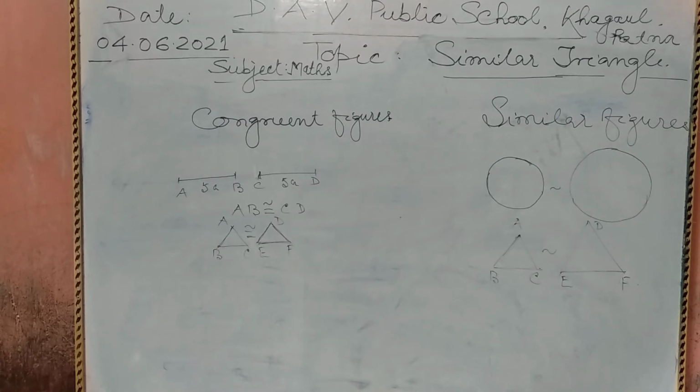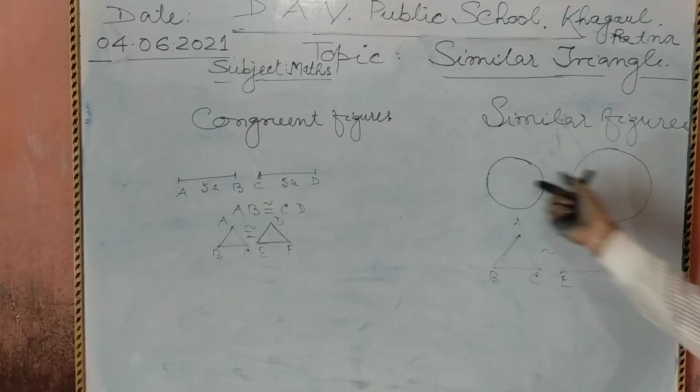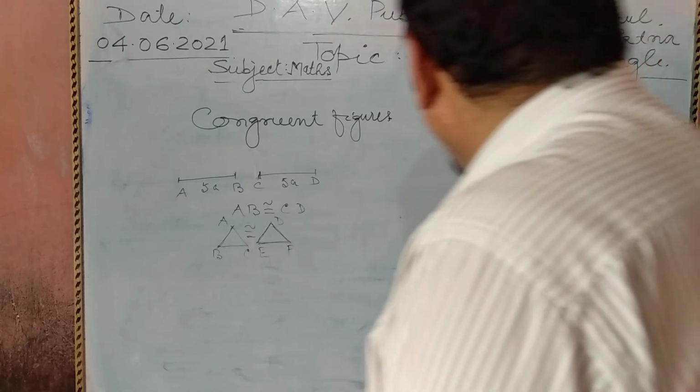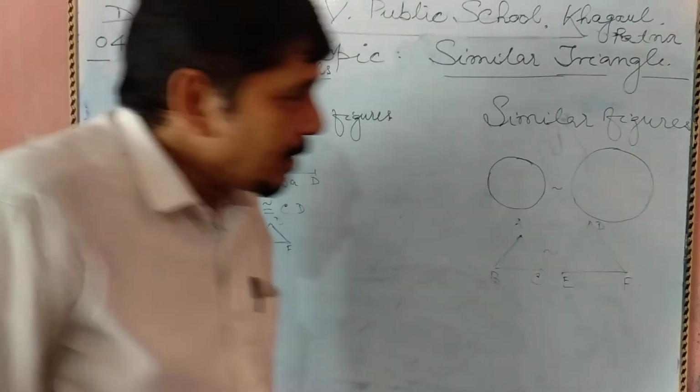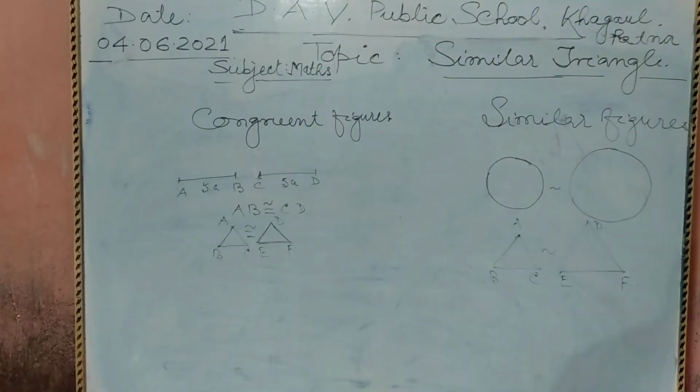Suppose we are taking two circles. One is smaller, another is bigger. Both are of the same shape, circle, and both have different radii. So sizes are not the same. So you can say both circles are similar circles. Now in terms of triangles,